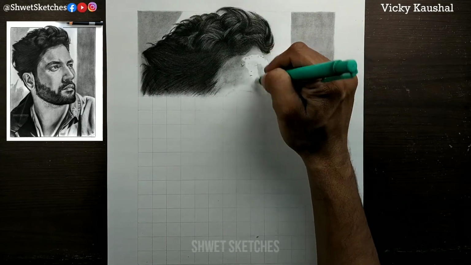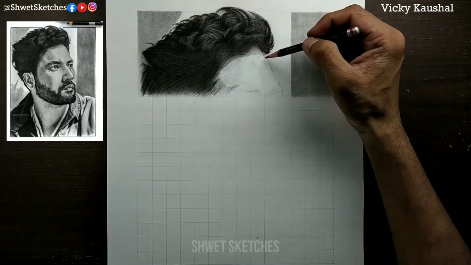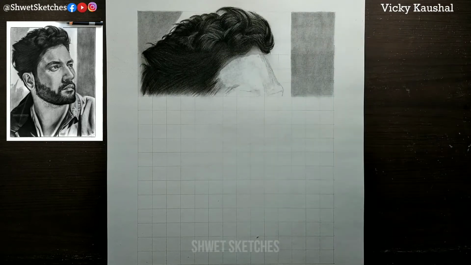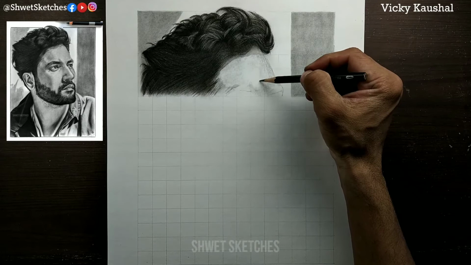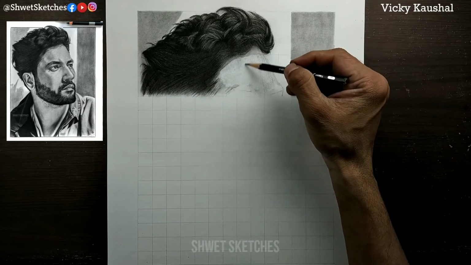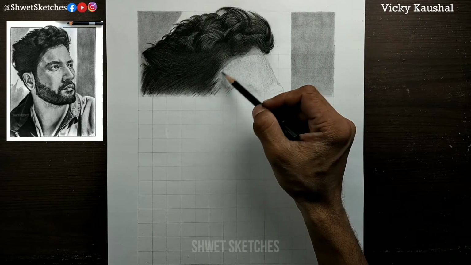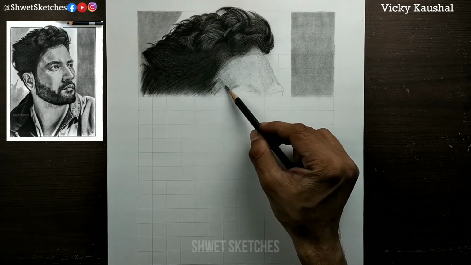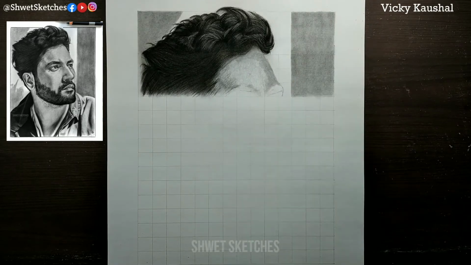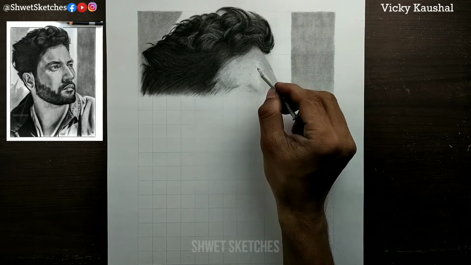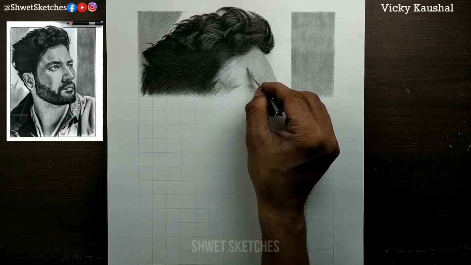First of all, for the base layer, use a hard charcoal pencil, make as many hairs as you can. Then finally use a makeup brush or a paint brush, anything that you have, and apply it on the charcoal pencil base layer. And then again use a mono eraser for making highlights. And the main thing is that if the light source is coming directly on the face, the shadows will be on the back side, right? But the highlights will be on the front side.